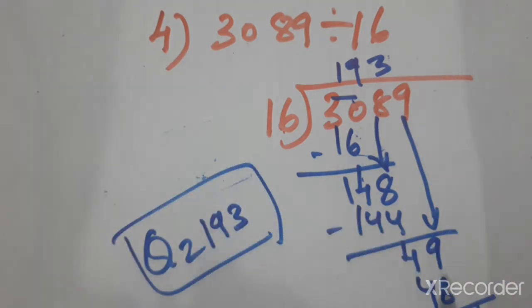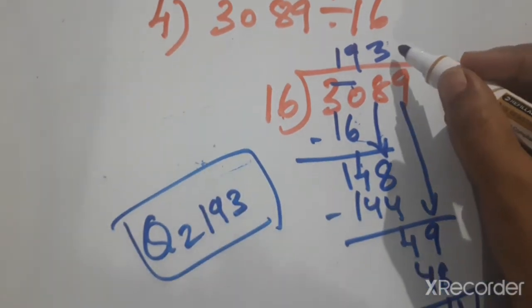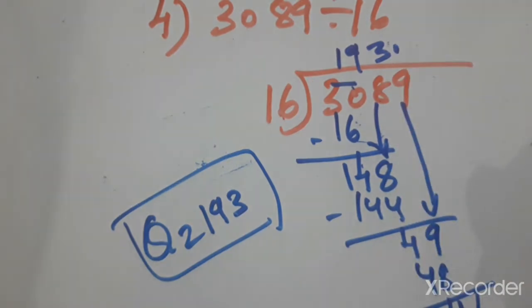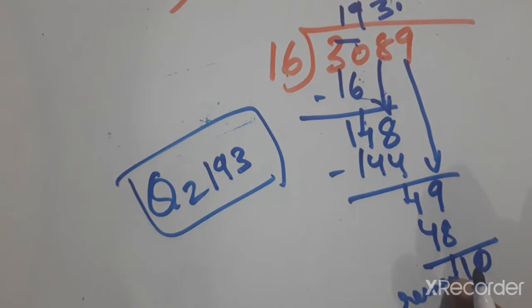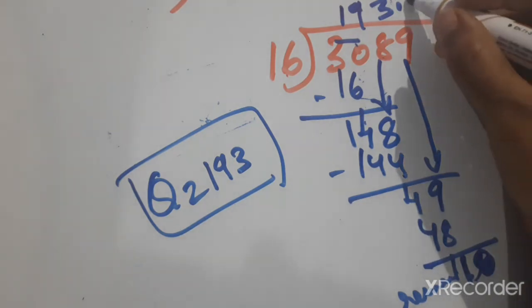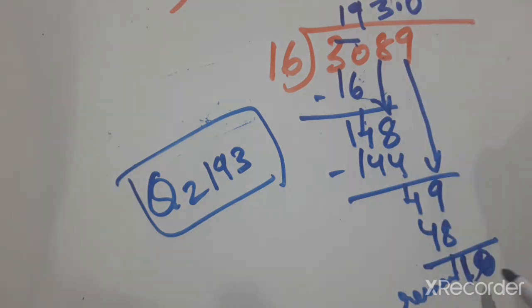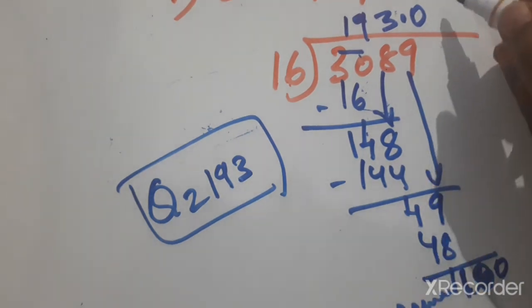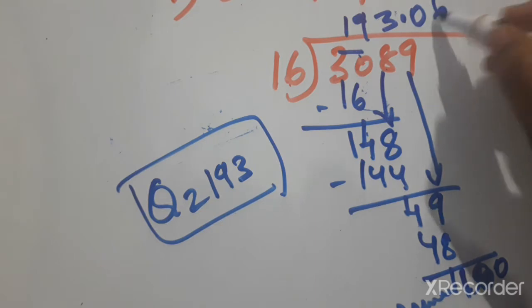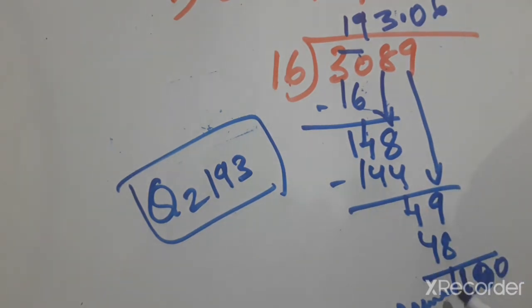Here also we can put a decimal point and continue. If we put the decimal point, we get 0, 1 0. The remainder becomes 10, but 10 is not enough to continue. So we require one more 0, so we put one more 0 there. Then we get 100. And 16 how much are nearer to 100? 16 6s are 96. It will go on.